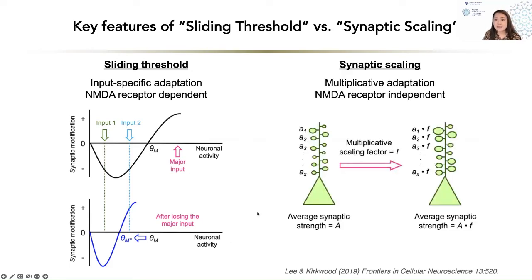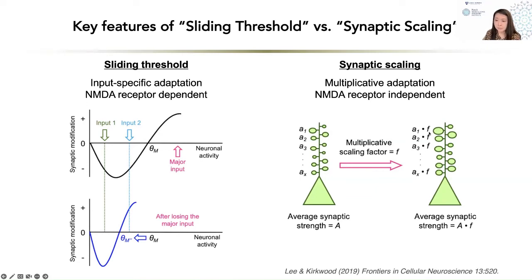On the other hand, the synaptic scaling model posits that all of the synapses will be globally scaled up and down by the same multiplicative factor. So let's say A1 through AX are the strengths of individual synapses. Some of them will be larger than others because they have undergone LTP. Once you scale them using these multiplicative scaling mechanisms, the relative differences in strength of these synapses are going to be kept the same. So let's say A1 is twice as strong as A2. That will still be kept at the same ratio, just that all of them will be either stronger or weaker